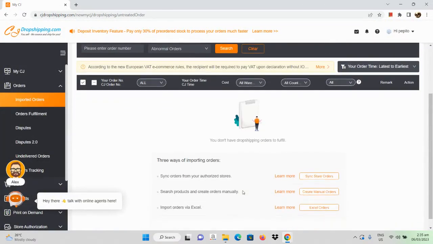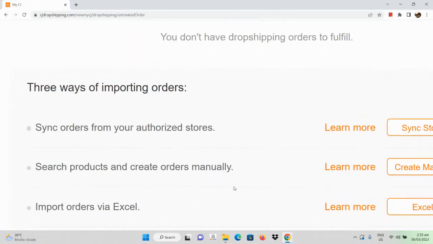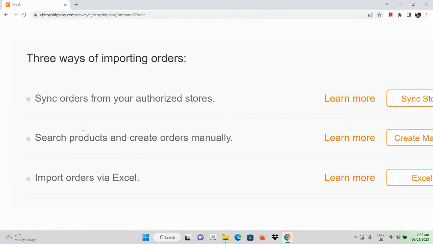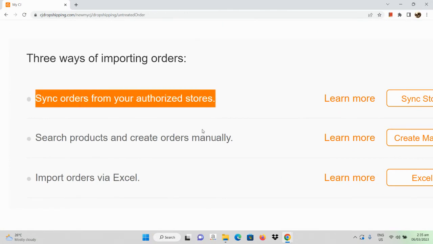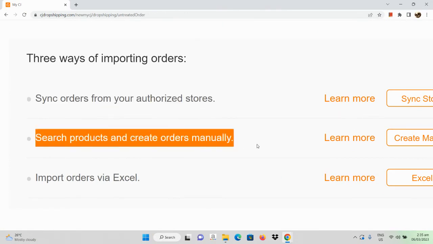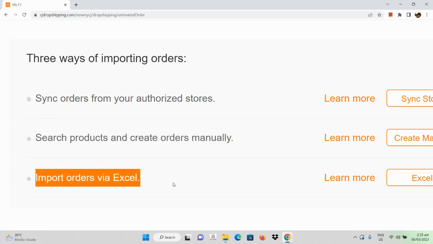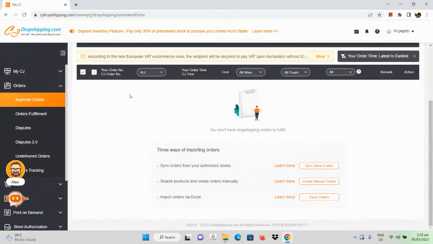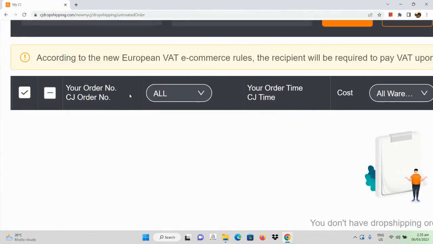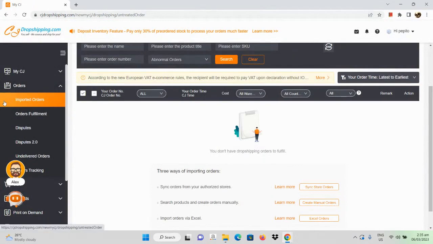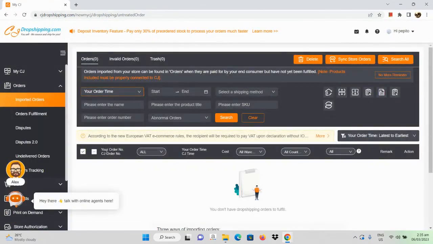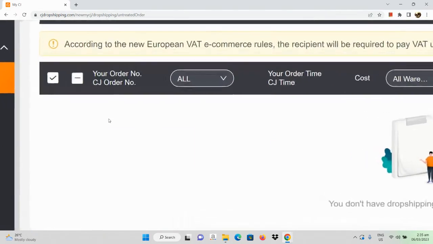If you import the product now, there are 3 ways of importing your orders. First is syncing your orders from your authorized stores. Second is to search products and create orders manually, like what we did a while ago. And lastly, to import orders via Excel. Okay, now going back to our orders fulfillment,